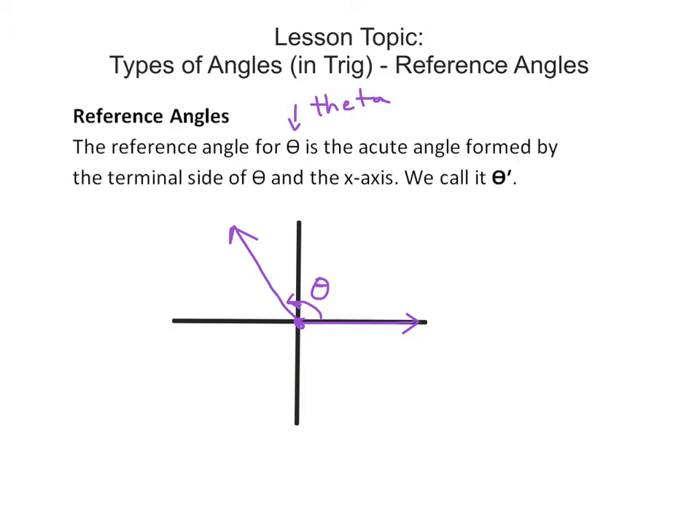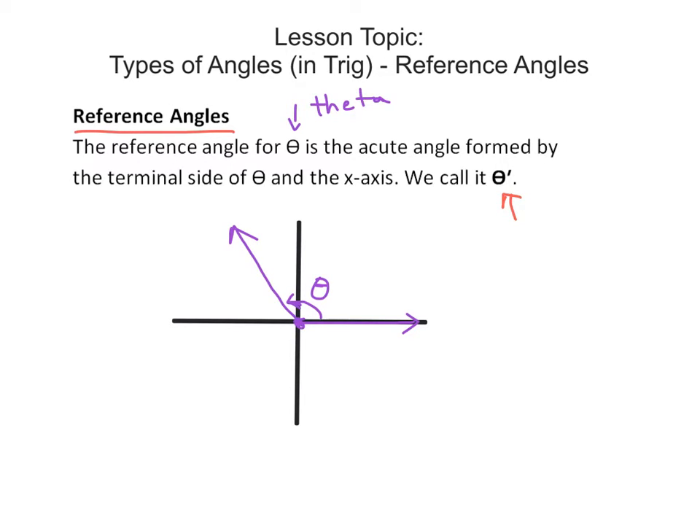Now what a reference angle is, let me use a different color. First of all, we're going to call it theta prime. It's the angle that we can use in reference to this angle we call theta. How it's created, as it says in the definition here, let's read it. It says the reference angle for theta, our original angle, is the acute angle formed by the terminal side of